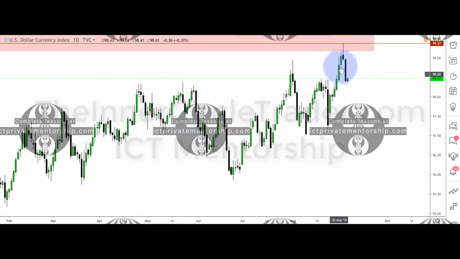We have a BISI in here that had been rebalanced. We're back to an old high, so we are at a discount array, and we'll look to see if we want to come back up and rebalance to this low at 98.80, and then what we do from there, we'll